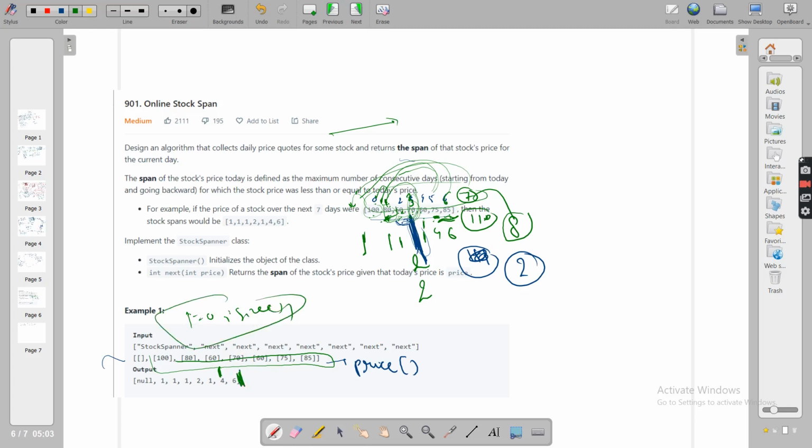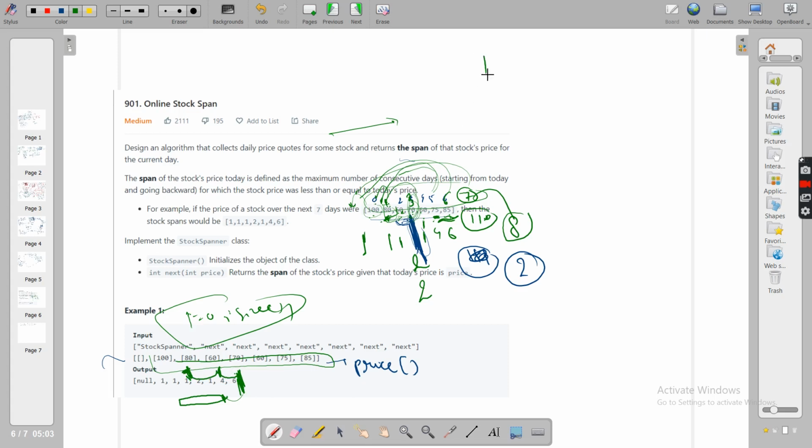Because you want to find the index of the nearest bigger element on the left, not the right, you will go in the left direction until you find a greater element or the loop ends. For 70, you got 60, then you got 80. At 80 you will stop.